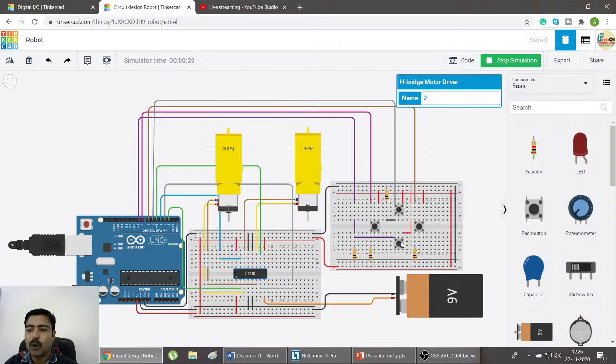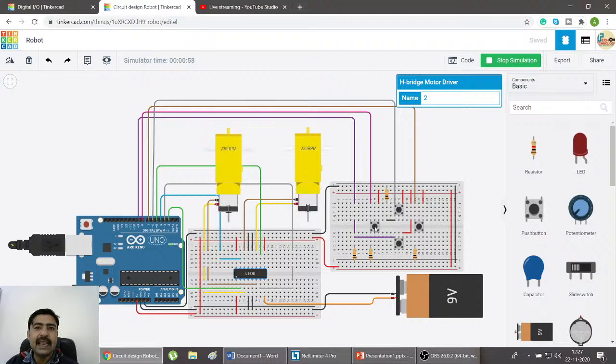If I press this bottom button, which is used to move the robot in backward direction, you will see that now both of the motors are rotating at the same speed but in reverse direction at minus 231 revolutions per minute. But let's say you want to turn your robot to left, so I'll be using this left button. If I press this left button, one of the motors will be moving in forward direction and another will be moving in reverse direction to turn the robot